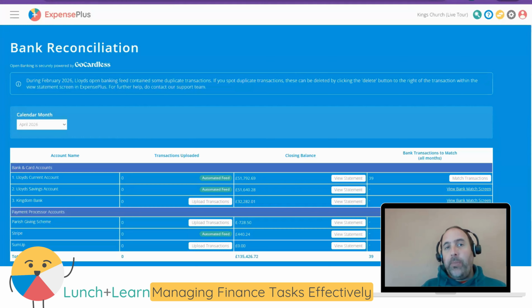However, with the introduction of open banking, transactions automatically get pulled through 3 or 4 times a day. So there isn't the need to wait until month end to upload a file. You can just reconcile as and when. Of course, you can reconcile transactions every day that come into Expense Plus, but for most churches and charities, they would be looking to reconcile maybe every few days, maybe every week,